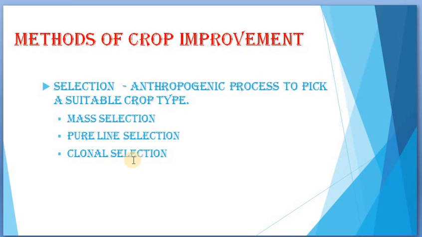And the next kind of selection method is the clonal selection method. Clonal selection, from the word clone. Clone means an organism which is produced from one single parent, right? So we are interested in one particular parent. Generally we will be doing clonal selection for vegetative propagative structures, for plants where we depend on vegetative propagation. For example, sugarcane. For most of the horticultural crops like roses. Tapioca, or cassava.